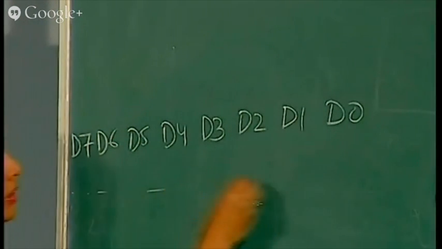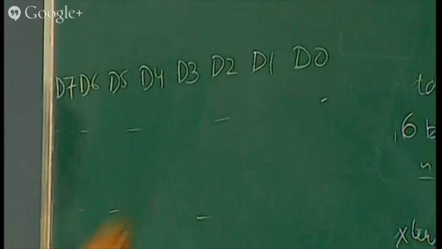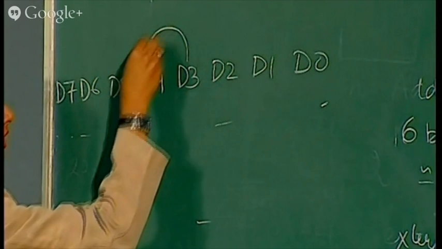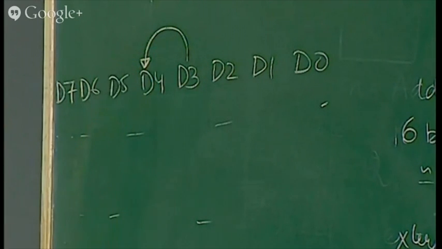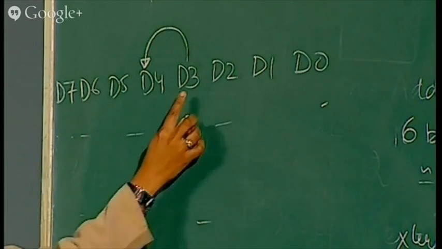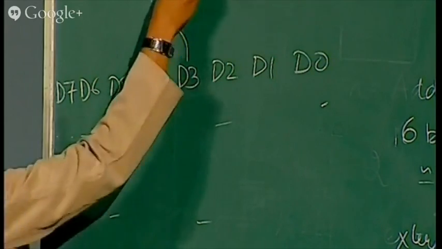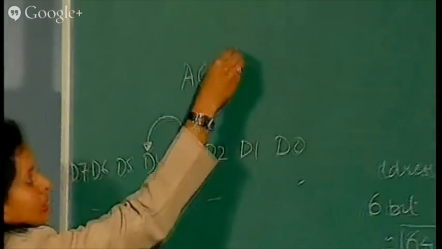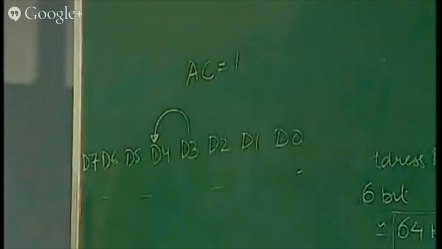See, this is one number, let's say this is the second number. Let's say you are adding these two numbers. So if there is a carry generated between D3 to D4, if there is a carry between D3 and D4, then your auxiliary carry will be 1. Otherwise,